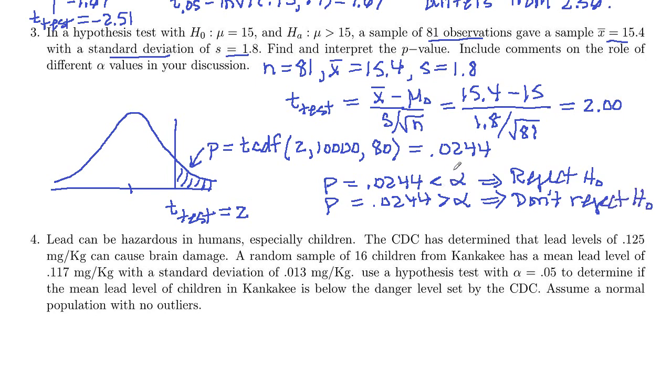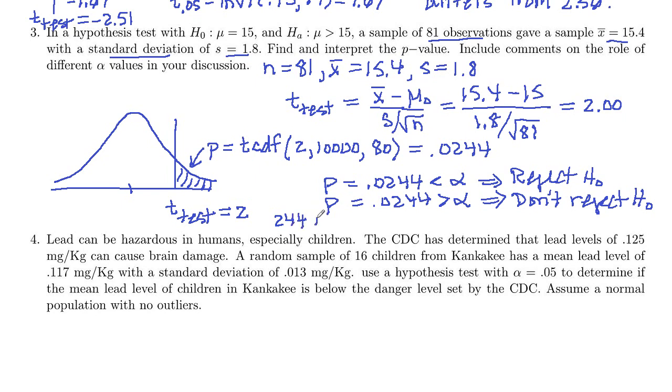So in other words here, if alpha is greater than 0.0244, we will reject the null hypothesis. If it's less than, then we do not reject. And then the other interpretation of p-value, remember this is measuring how extreme the sample is. So this is 244 tenths, hundreds, thousandths, 10,000ths. So also we could say